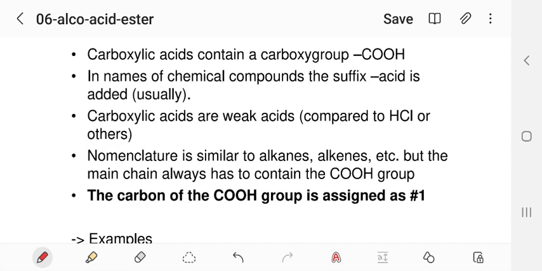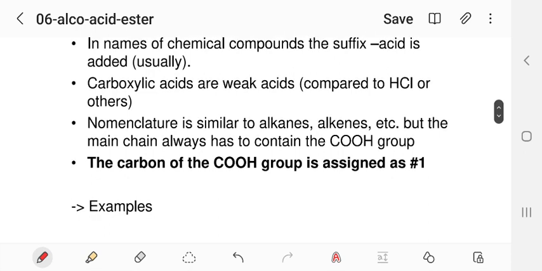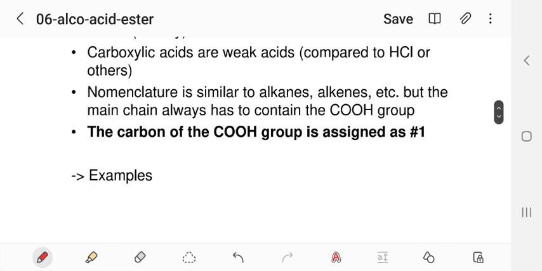We know that, for example, HCl, hydrochloric acid, is a very strong acid, and if we compare the carboxylic acids, which are organic compounds with carbon elements inside, they are weak acids, and so